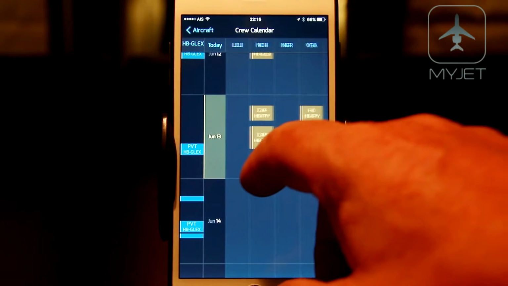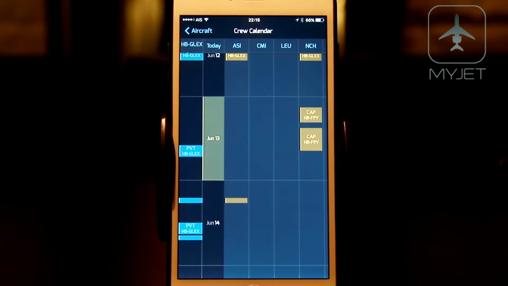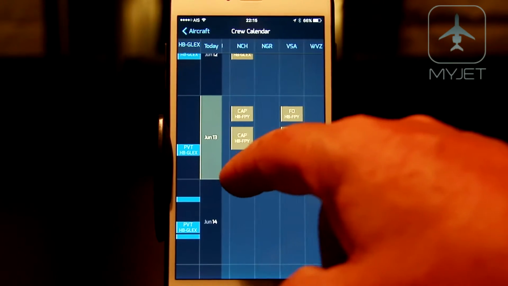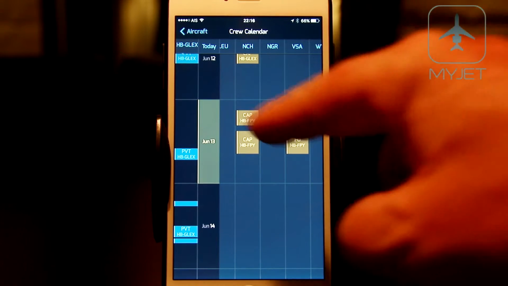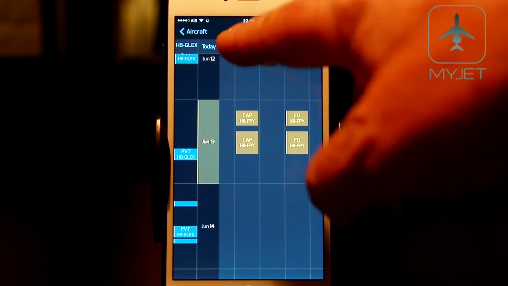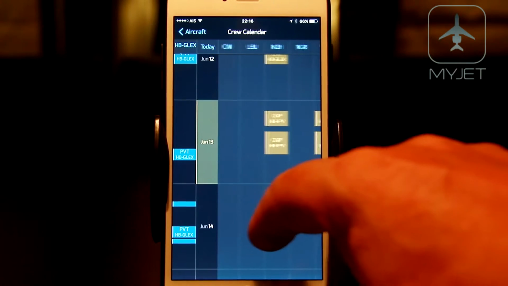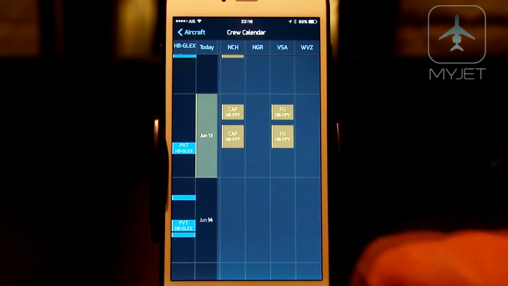This is how your fleet, your aircraft calendar would slide to the right and left if you had more than 3 or 4 aircraft. Okay, so you can see that. And we can see that there's 2 crew that are busy today on 2 flights, NSCH and VSA. And other than that, if you need to plan another flight, you can do that, you have plenty of spare